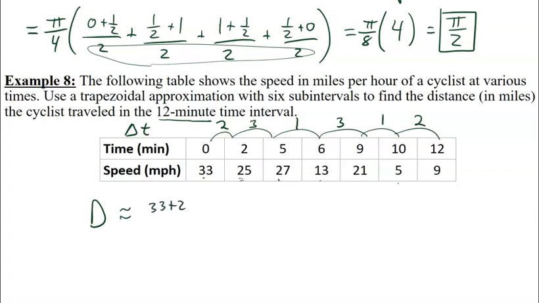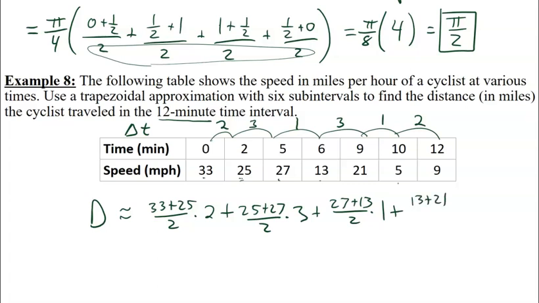So 33 plus 25 over 2, that's multiplied by 2, plus, and then the next one I'm going from 2 to 5, so 25 plus 27 over 2 times 3, plus 27 plus 13 over 2 times 1, plus 13 plus 21 over 2 times 3, that's this subinterval right here, plus,